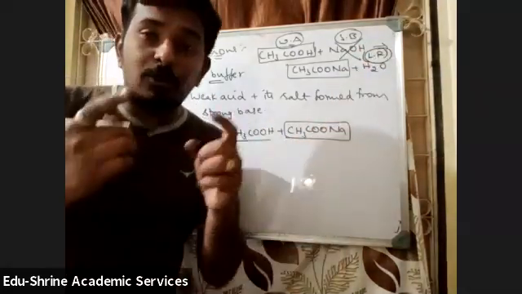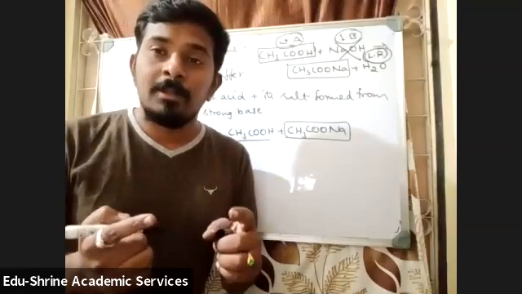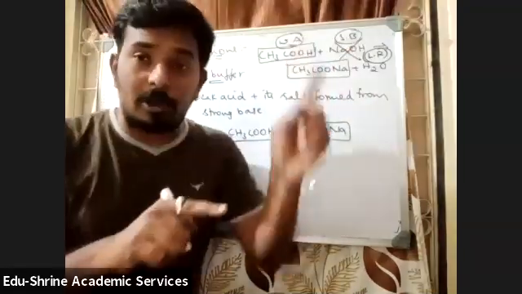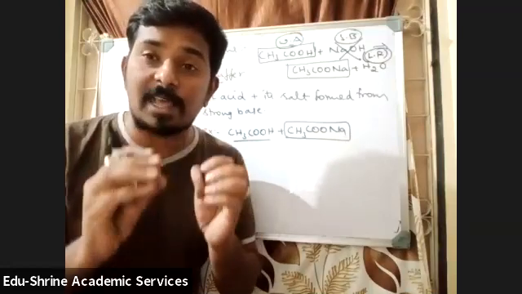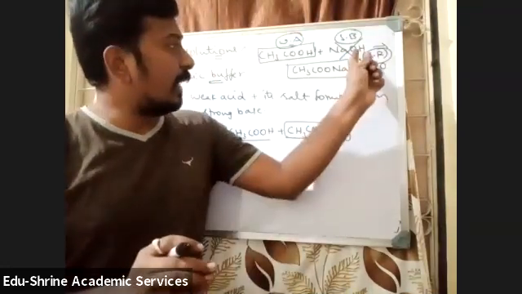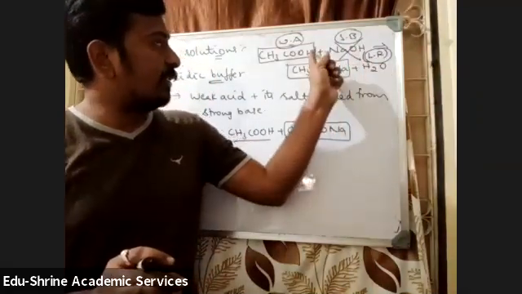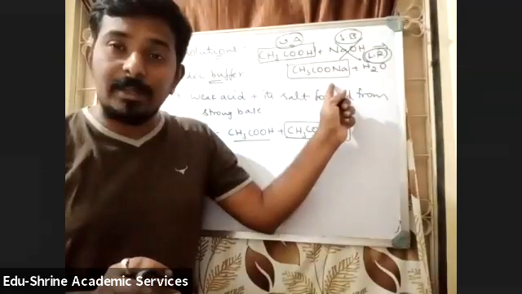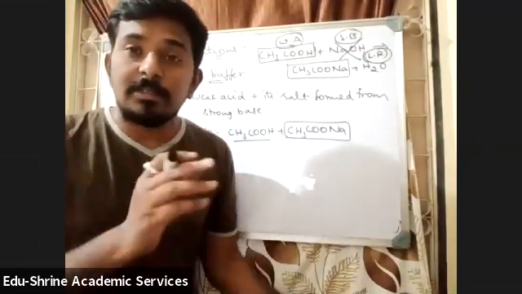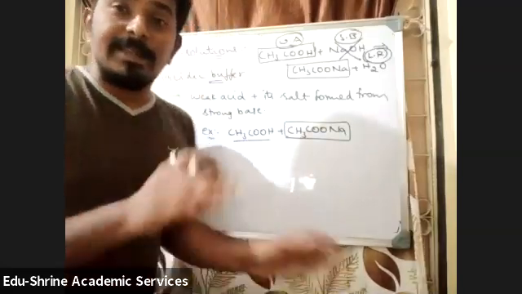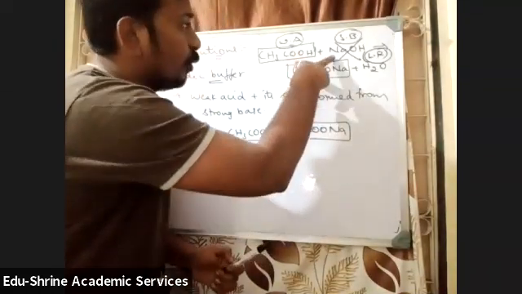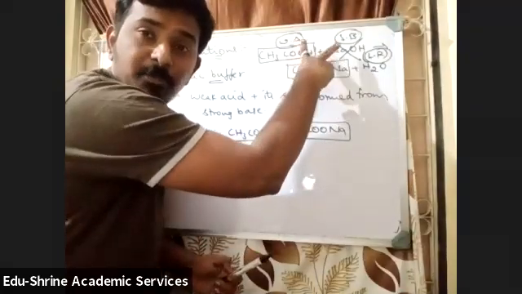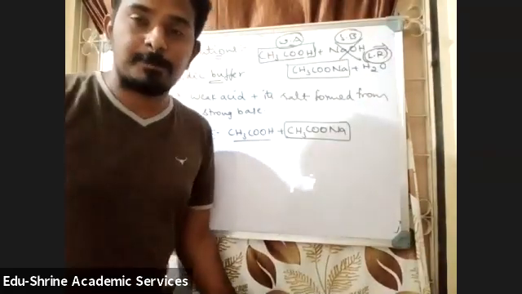If you get a question based on weak acid plus strong base, how will you identify whether it is salt hydrolysis or a buffer? If NaOH is a limiting reagent, then the weak acid and its salt will be left in the solution. It becomes an acidic buffer. In salt hydrolysis, only salt has to be present. These two must not be present. That means both must be limiting reagents.